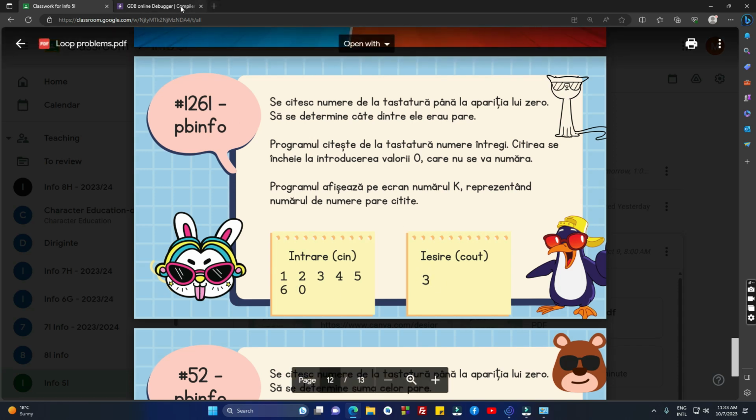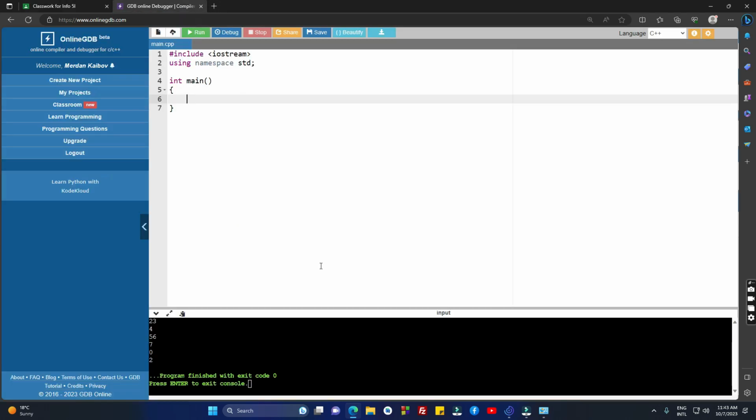So since we don't know how many times we are going to run the program, in this case we are going to use the while loop. Let's start the program. I will create variable x and I'm going to read x as many times as it's needed until x is 0. So there are many ways of solving the problems and I'm going to show all of them. So the first one is to use